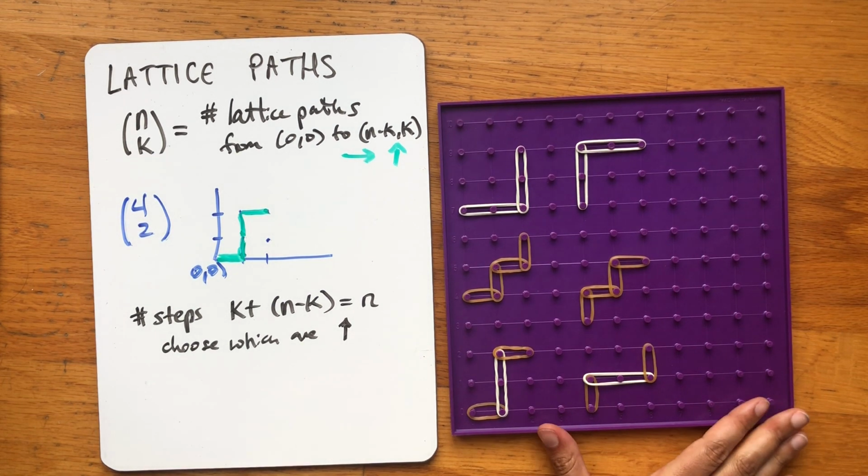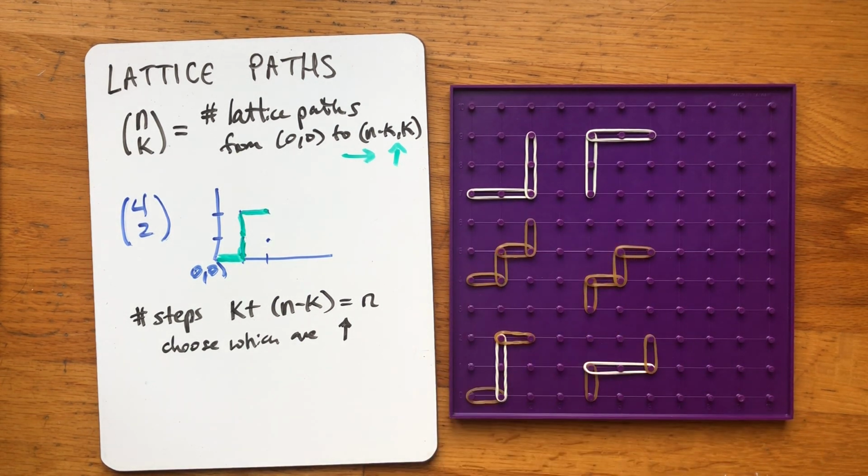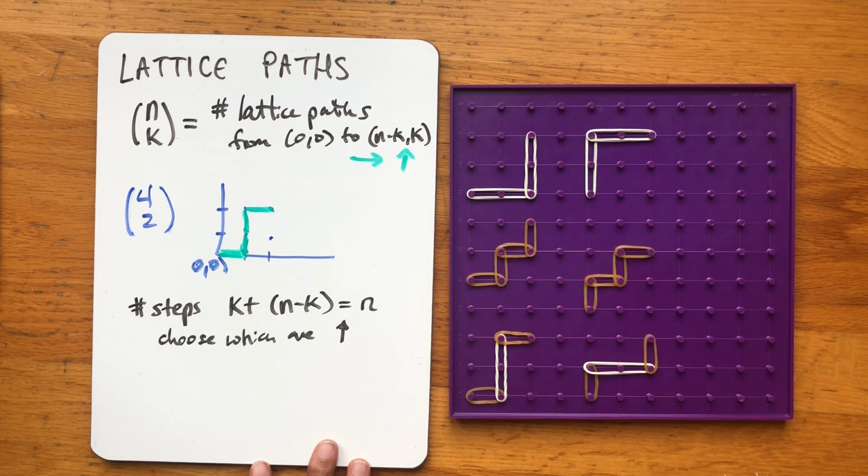So you can see here, there's 6 different ways that we can think of these lattice paths. And the lattice path interpretation for the binomial coefficients is incredibly fruitful. It's one of the most effective ways to prove non-trivial identities about the binomial coefficients. Let's think about